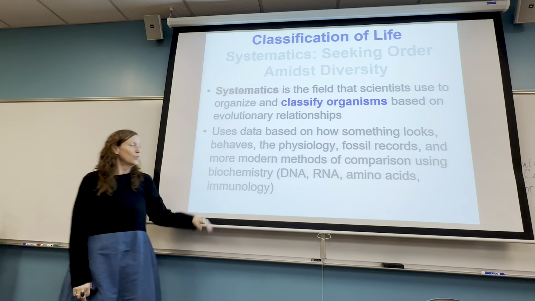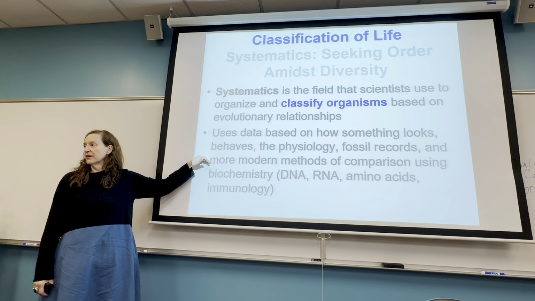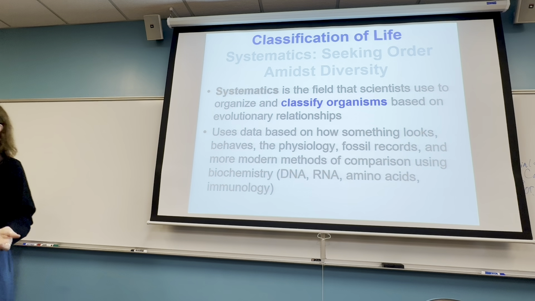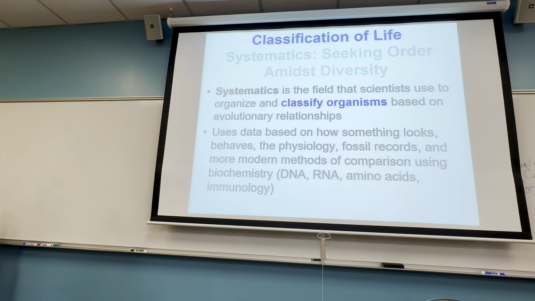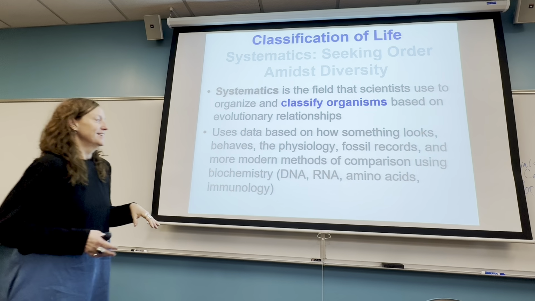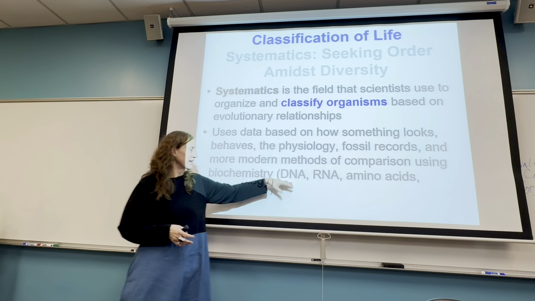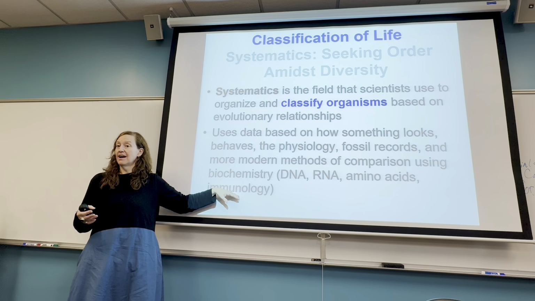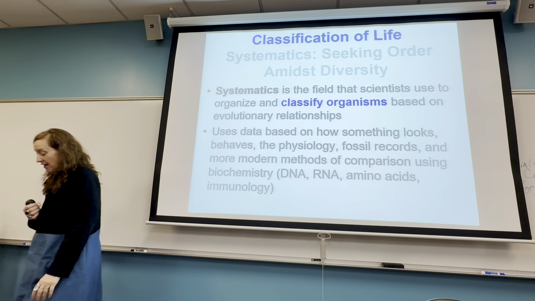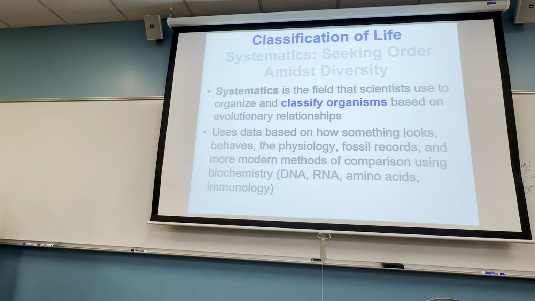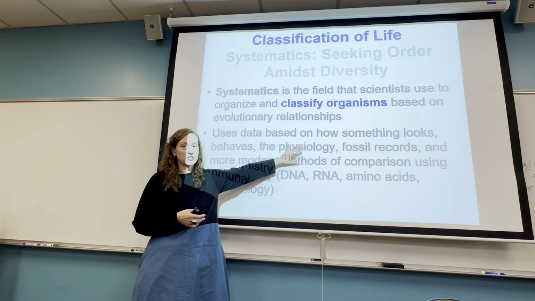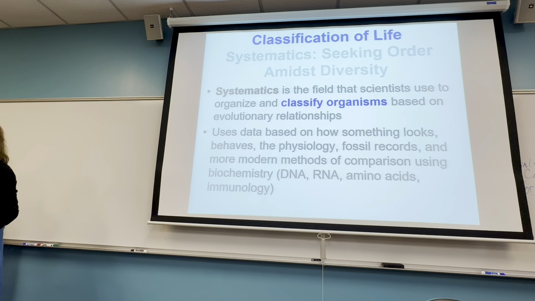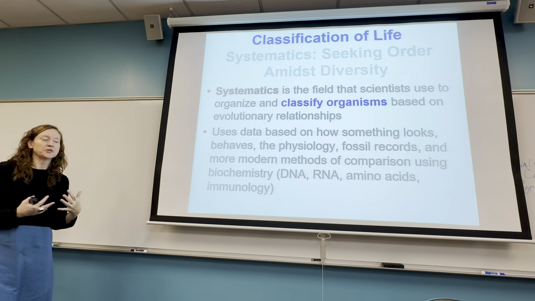records. But what has really changed our game in modern times in terms of classifying organisms is the ability to use biotechnology, bioengineering, looking at molecular level stuff like DNA, RNA, amino acids, and proteins, as well as how immune systems function. So in this kind of modern age, we go from using these more superficial classifications to more concrete. Very much like that order we went in when talking about the evidence for evolution.